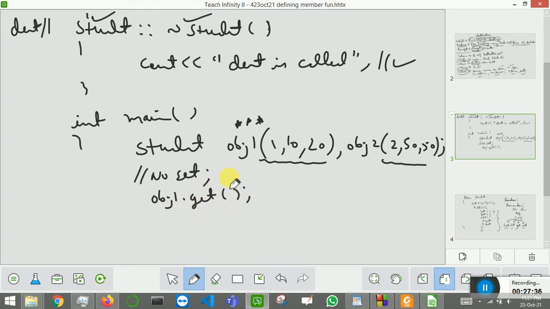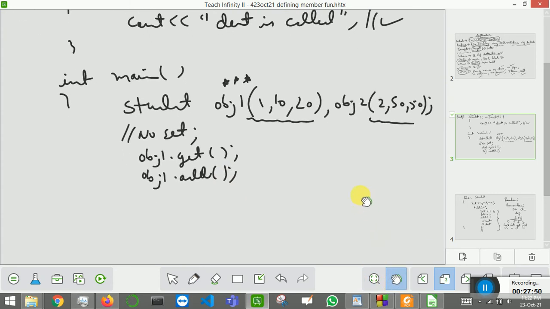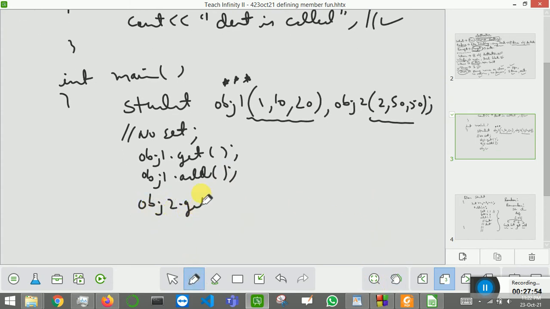What was the first step? Object creation. Second step is assign values, both steps are performed here. Next step is print values, and next step is add values. Similarly for object 2, the first step is create the object, that is already done here.